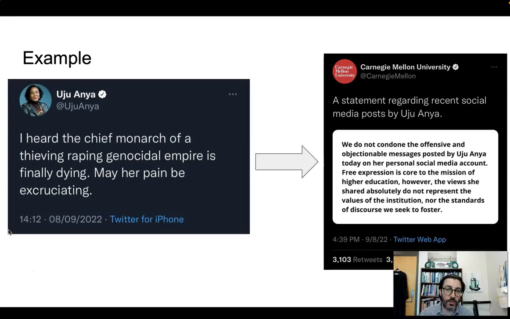You never really want to put yourself in this kind of situation, so you always have to think about the manner in which you're conducting yourself online. And as a general rule of thumb, I think of, would my institution be proud of me for promoting this statement online? And that could be a good way of thinking about whether what you're about to post is going to be potentially controversial or cause some kind of friction with your institution.